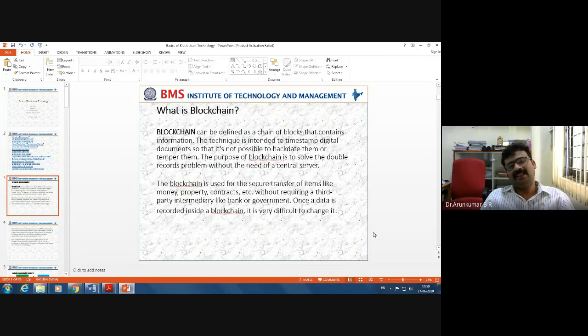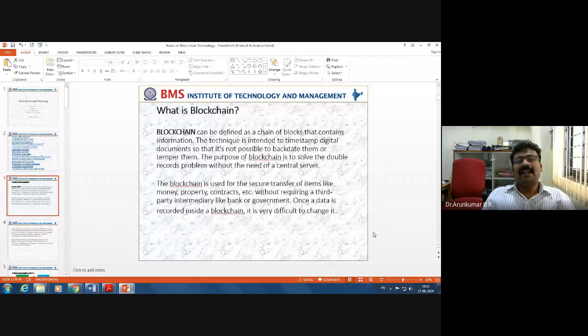Very fast, for everybody, the question arises: what is blockchain? Here I am assuming that no experts are available in the blockchain, and if experts are available also, all they need is the basic knowledge of the blockchain. So I am putting to myself a question: what is blockchain? In a simple one sentence, a blockchain is a chain of blocks. A blockchain can be defined as a chain of blocks that contains information.